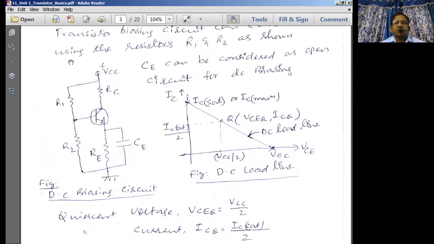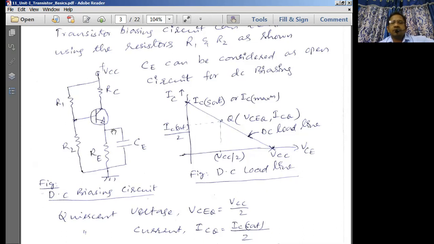Biasing we already discussed. In this particular subject, we are not going to deal with biasing because biasing has already been done. You should know what biasing is. So straight away I am going from the biasing circuit. This is known as a biasing circuit. What happens with the biasing circuit? See here, there is no AC signal applied. Only the DC voltage source is applied. With this DC voltage source, what is happening?